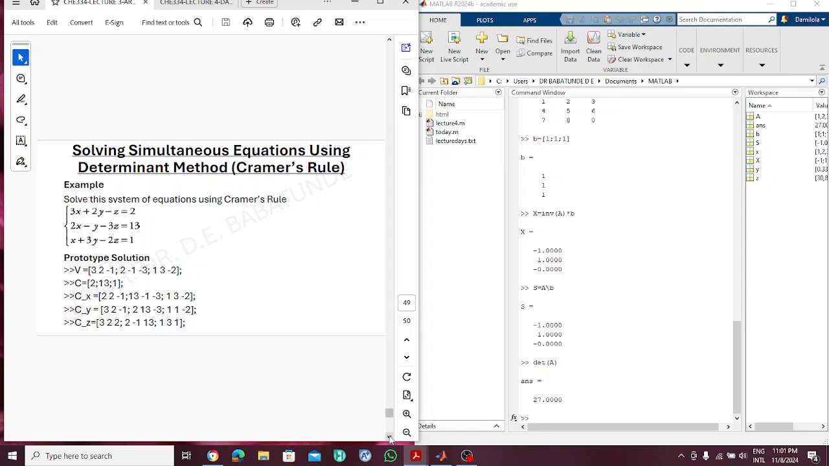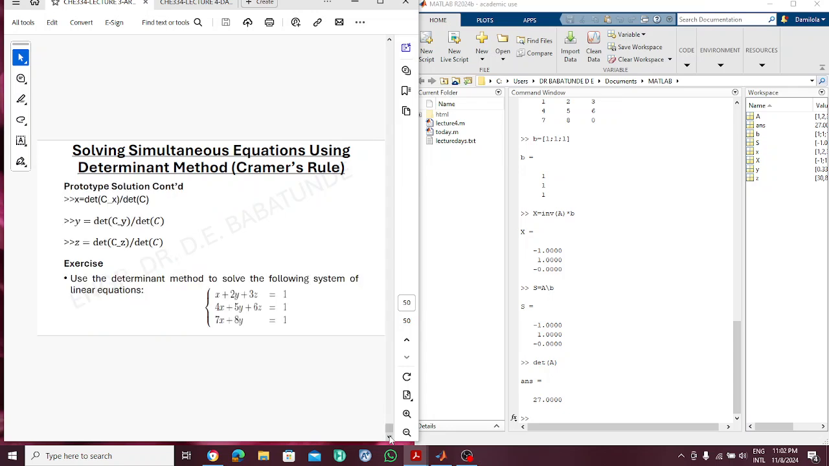How do we obtain this? We looked at the third column, since z is the third variable, and we replaced the elements of the third column of the initial coefficient matrix with the elements of the constant matrix. So now that we have this, we proceed to the stage of getting the determinant and finding the quotient of the determinants as applied. To get x, we just need to get the determinant of the matrix C underscore x and divide it with